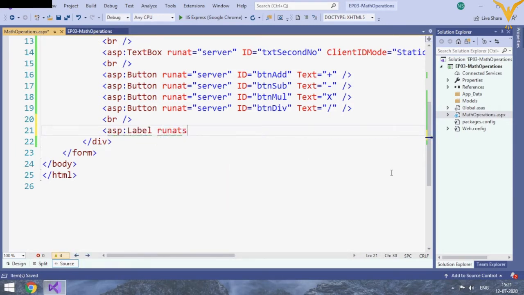So these are the shortcuts that you should remember. As we progress further, I will tell you more shortcuts. So this is label output, and we will add a client id mode static for this also.